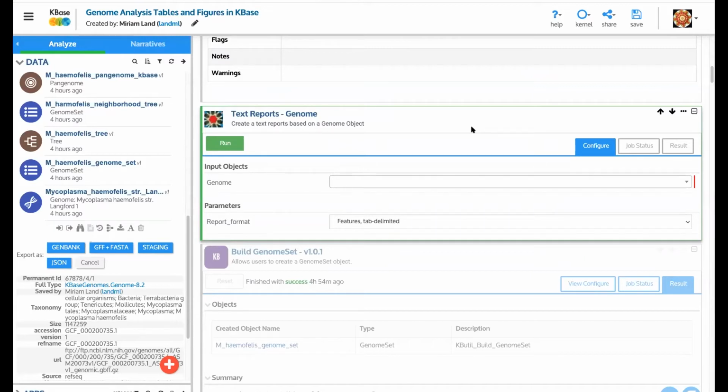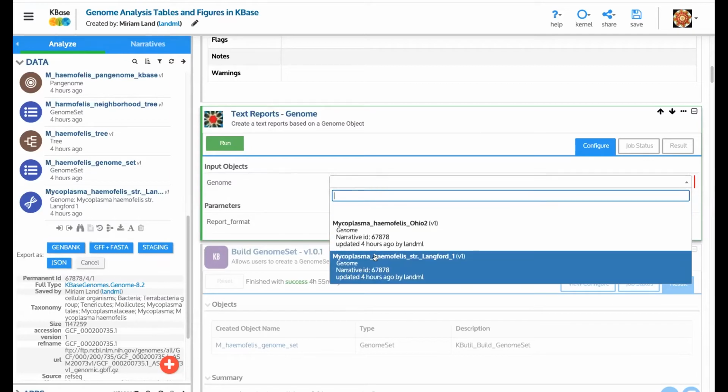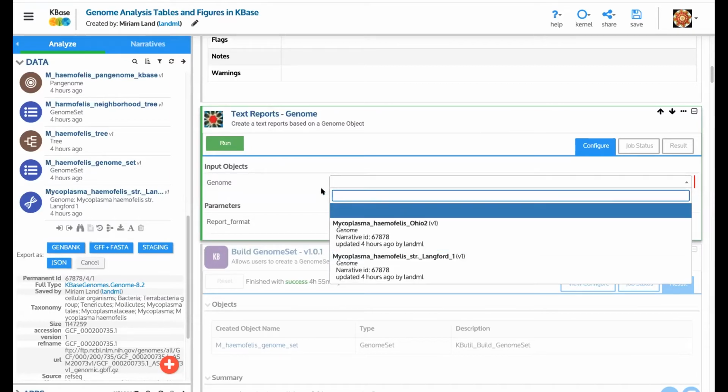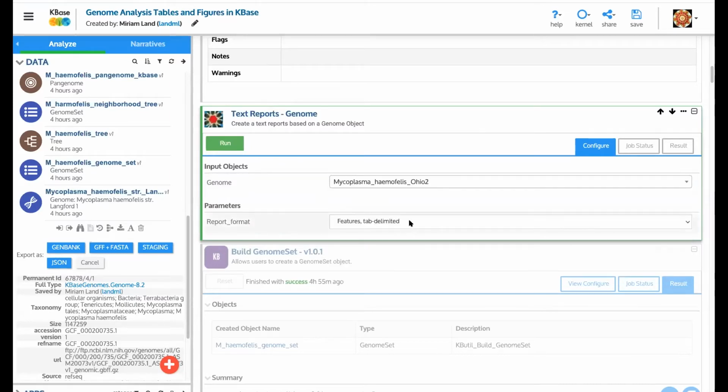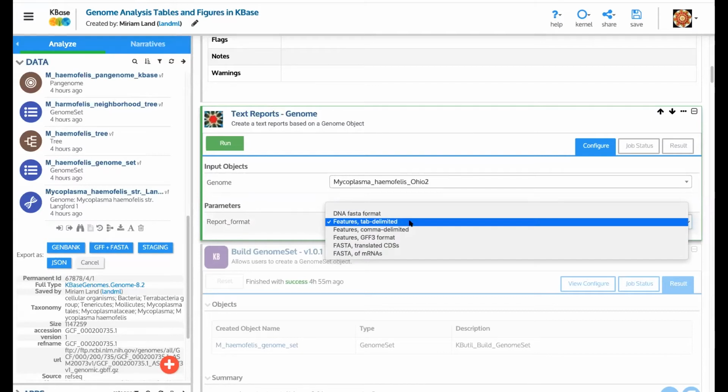It's going to become officially part of KBase instead of me as a third-party developer. And these names are going to change. And the thing that is going to be consistent is the word report, if you want to search on that. And in this case, you pick some genome. I happen to have 2 in this narrative. You pick either one. And the options are to be able to get the list of features or genes,